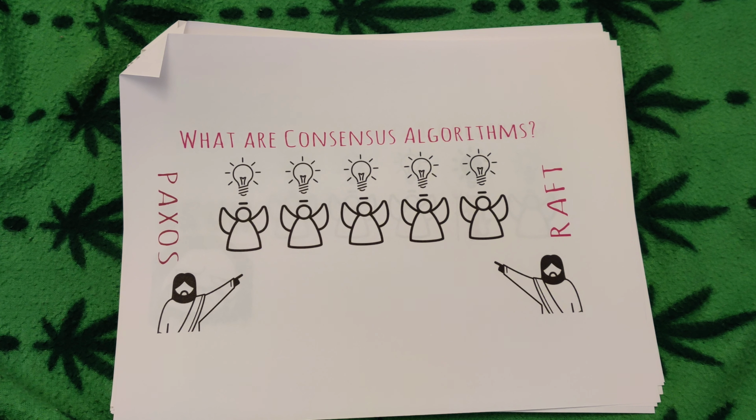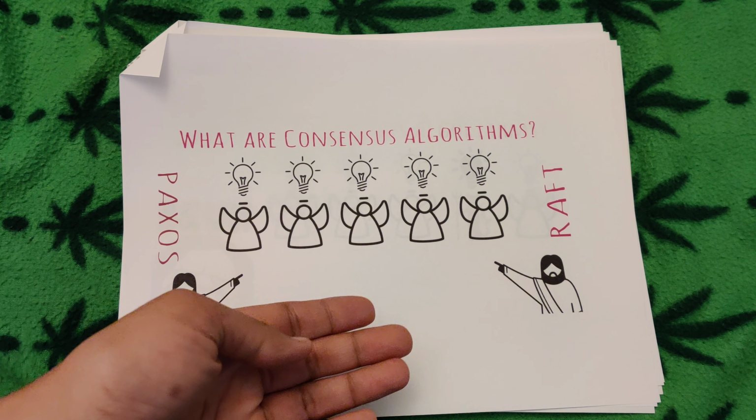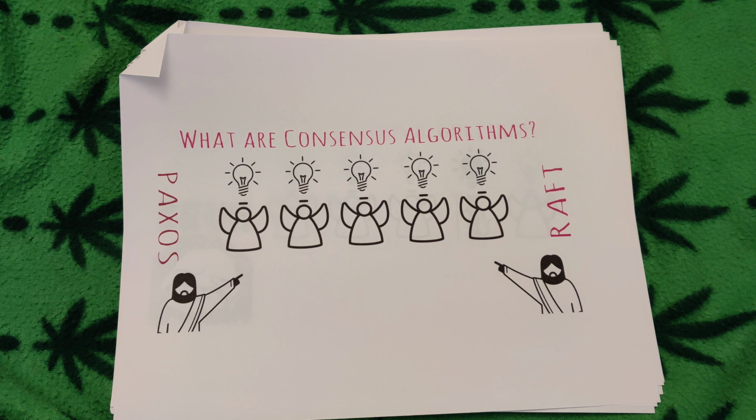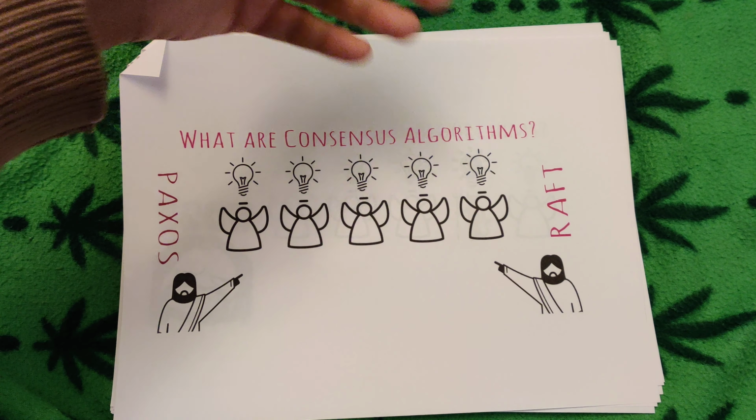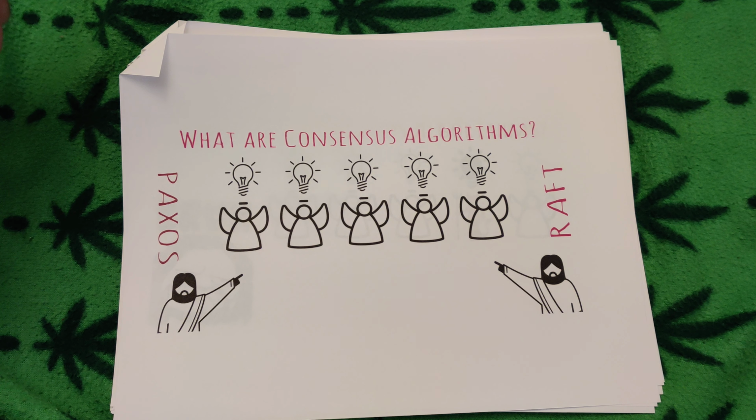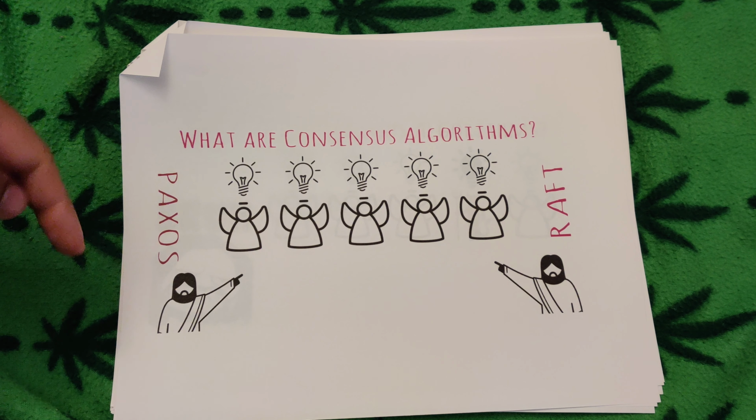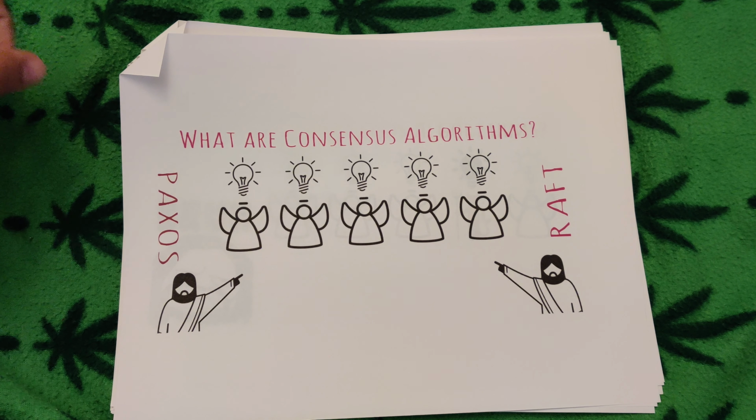What are consensus algorithms? In distributed systems, there are multiple components. Some, if not most, of these components perform work simultaneously. It is ideal for these components to agree on a single data or decision. For that to happen consistently, consensus algorithms are used to make sure that all these components are in agreement. Therefore, they must be reliable.